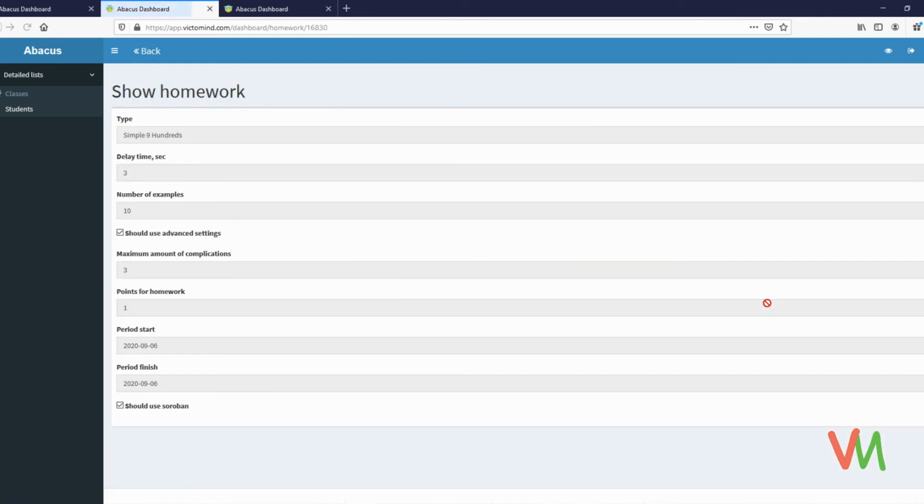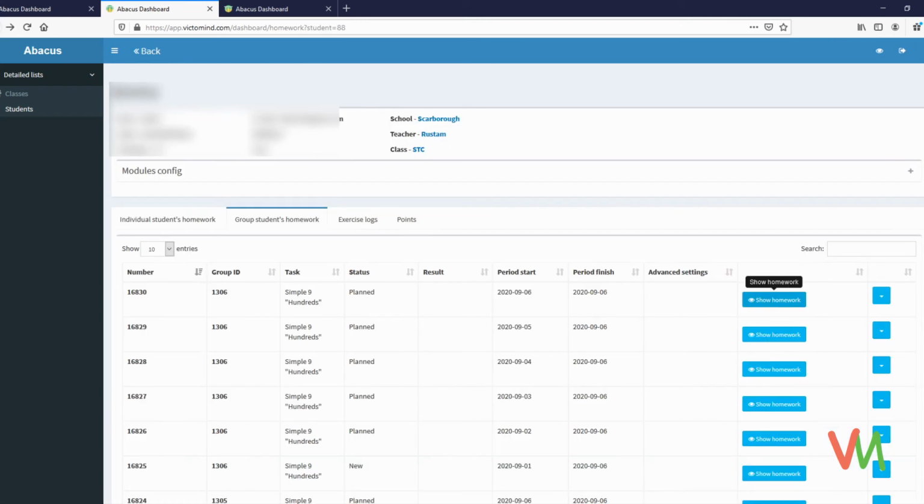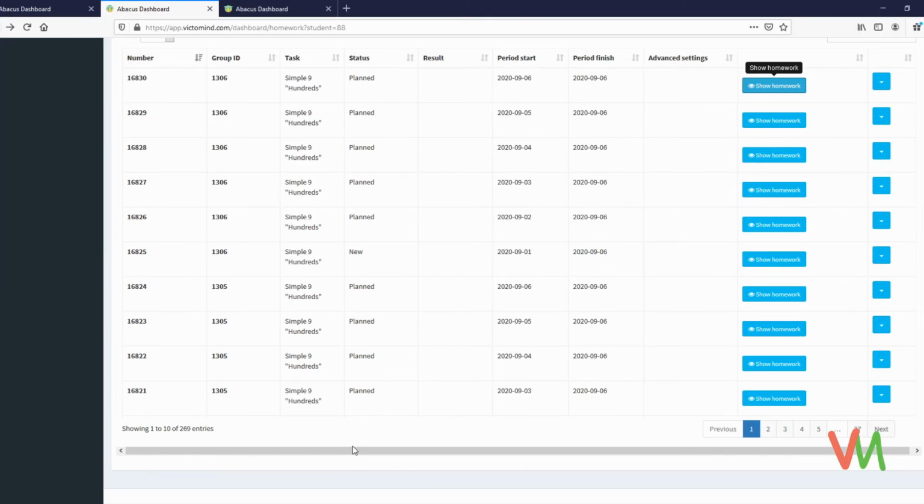Let's see what that is. Okay, so this is with soroban and 10 examples, and this has a group 1306. So 1306 will be on the hundreds, 10 examples, and soroban. And I have group 1305, then individually assigned as